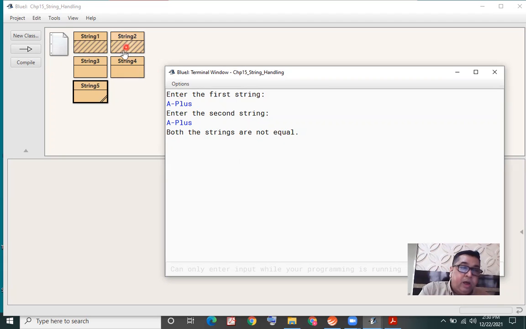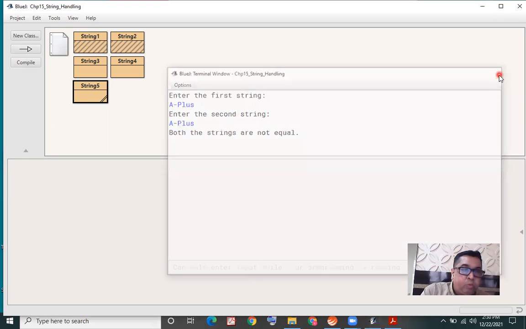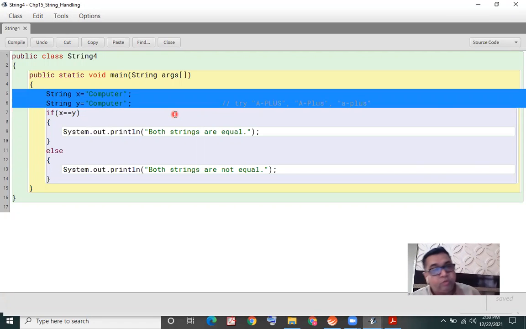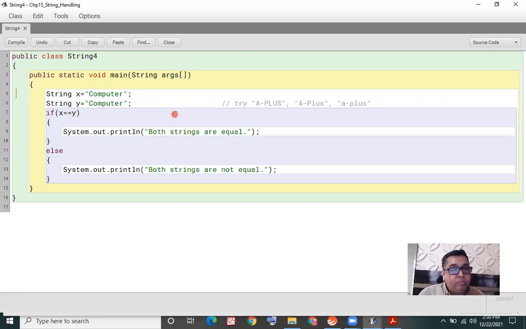Now in an earlier program, for some technical reason, I would point it out to you: we did not do input, we were doing assignment. For some internal reason, very frankly, I don't wish to go into that technicality, in that example, where I assigned the string computer with C capital to X and Y, and when I was comparing, I got the output, both are equal.